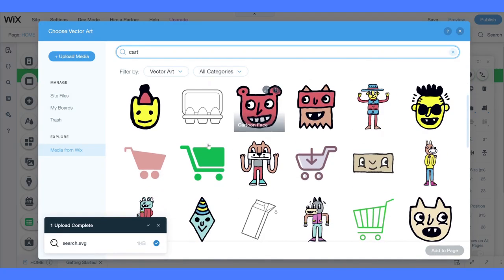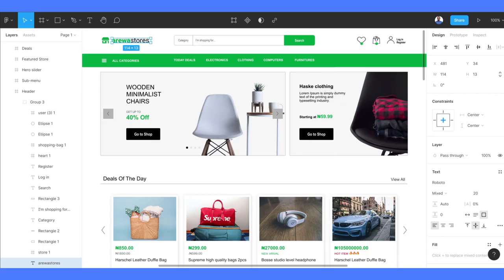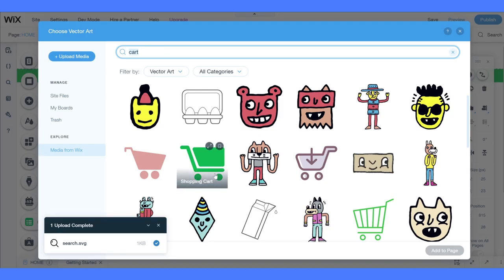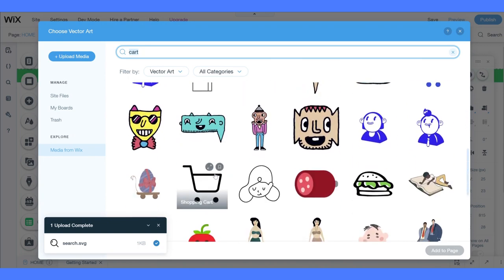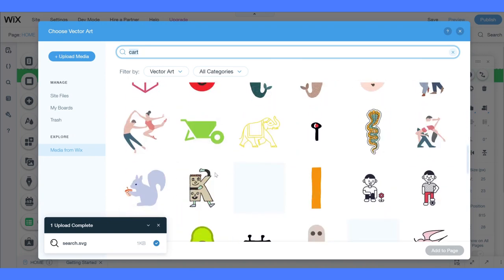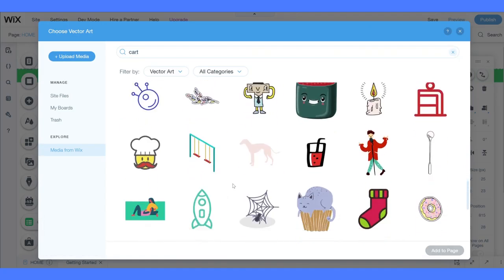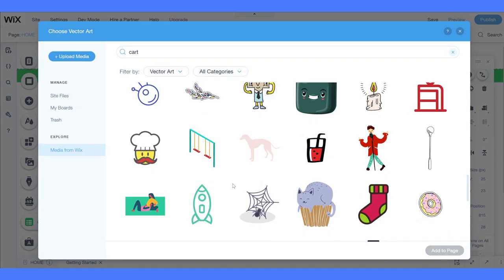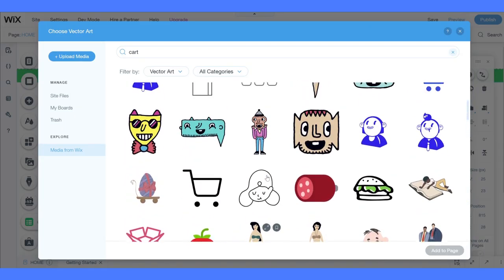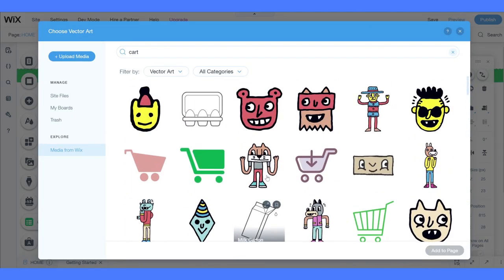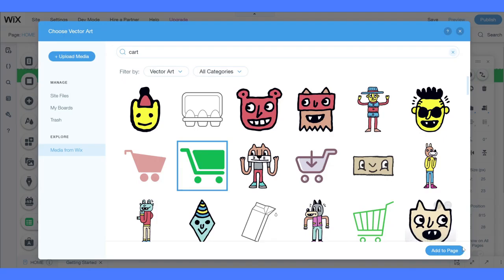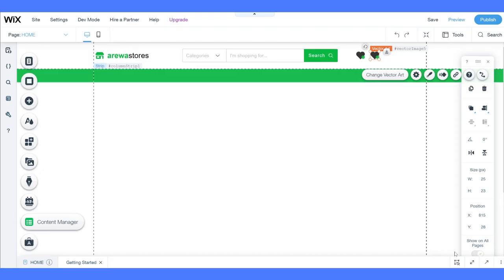Fantastic. Wix has a card. I don't like the card I use here, so I'll look for a card within the Wix SVG media directory, and I should find something suitable that I can use. I think I'll go with this or this. I'll select this. I'll make it black in color because the color of a notification